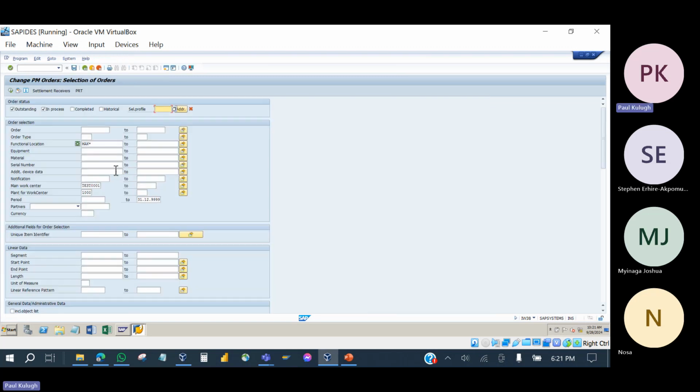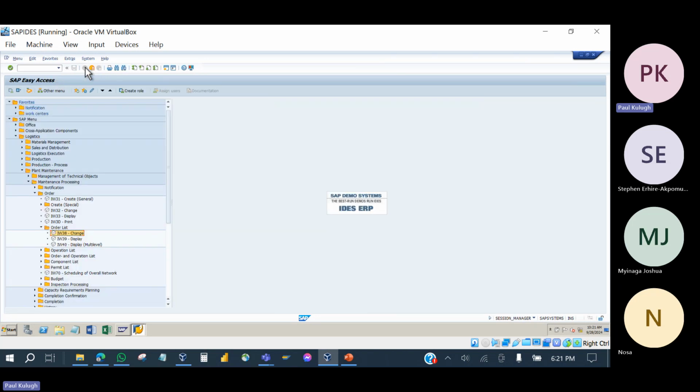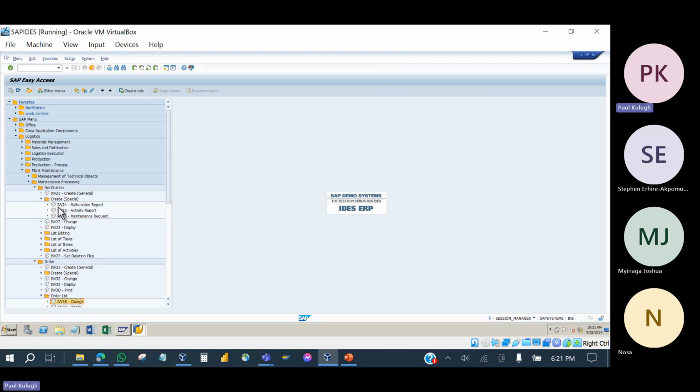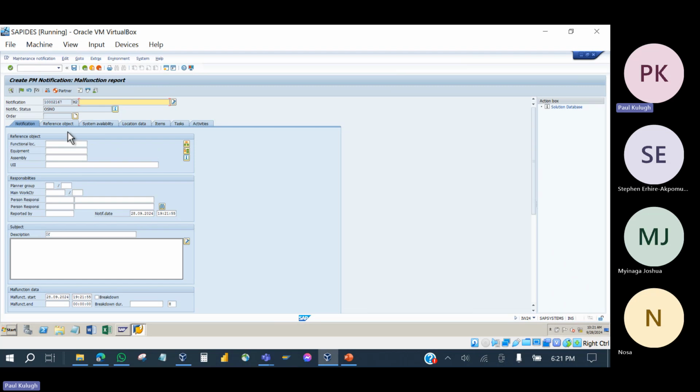So what we'll do is I would prefer us to create a new notification, convert it to a work order, and then plan the work order, right? So let's go to notification folder, create. Let's create a malfunction report. Let's create a malfunction report, and let's call it